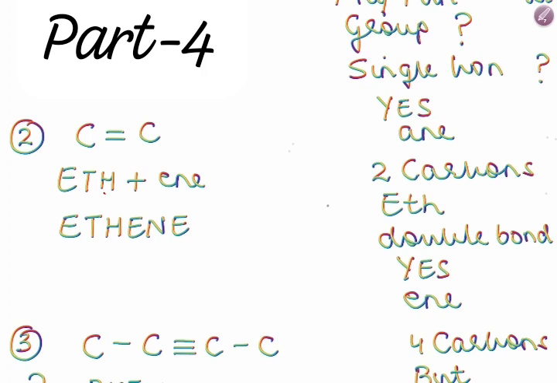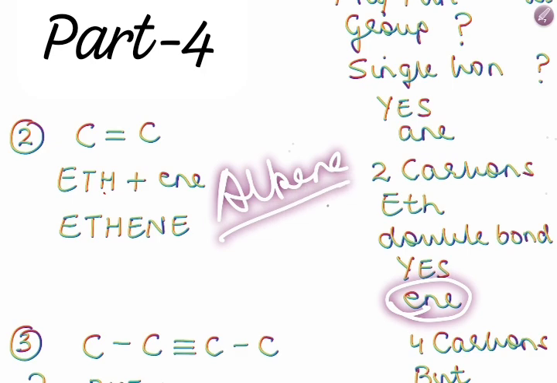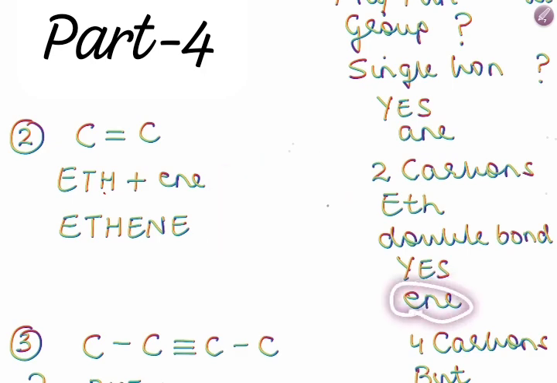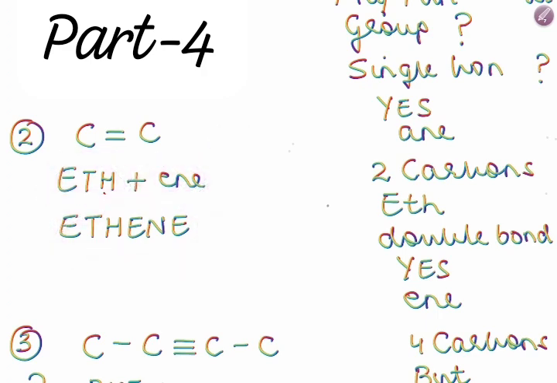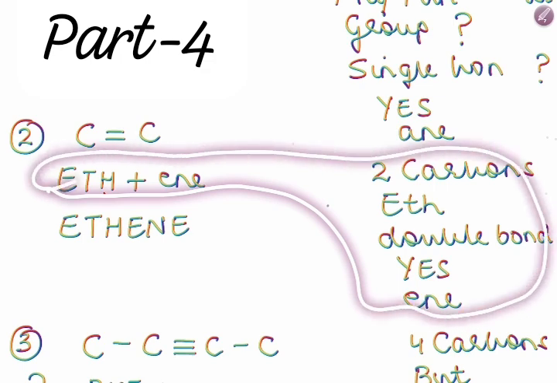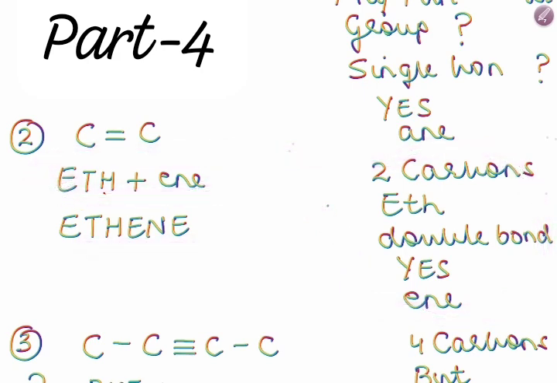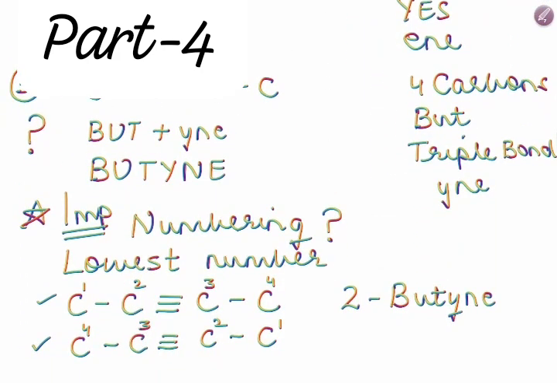Because of the double bond, I will know that it will have the suffix ene, because this is an alkene, right children? So the suffix will be ene. What I will write is the root word eth plus ene. So it will form the compound name ethene. So I have done all my homework to get the naming of the compound. Right, children?